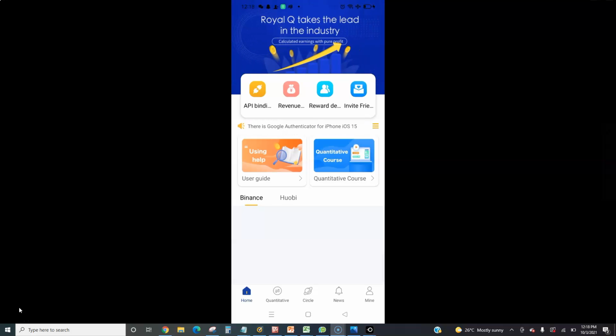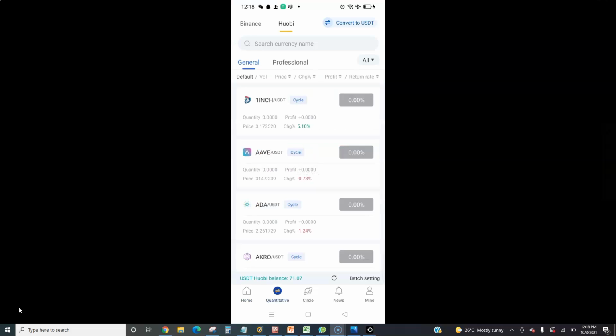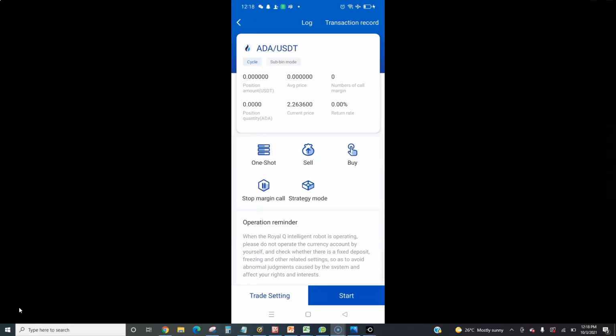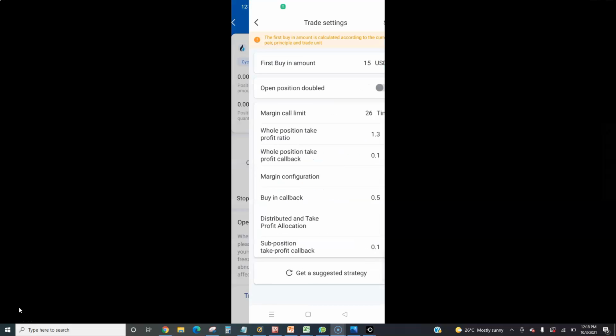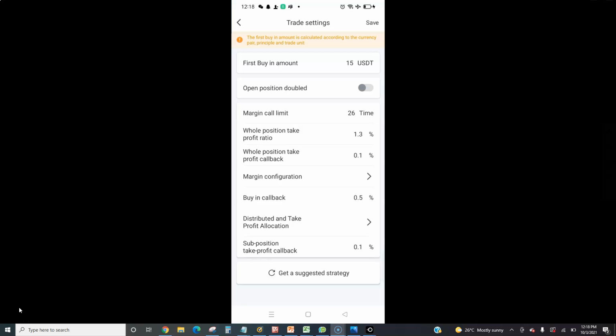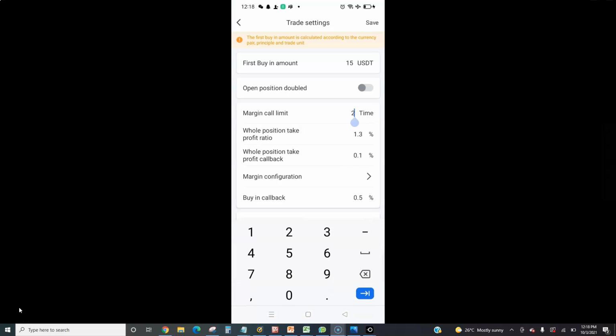So we are adding two extra margin calls into our existing margin calls. It means from 26 to 28. We have 26 here. Look, the setting is okay, it's still the same. We just change this. We only need to change two things: margin call limit and supposition. We are changing this to 28